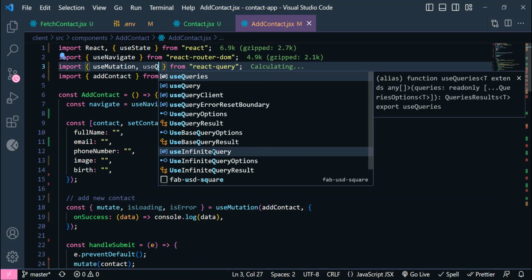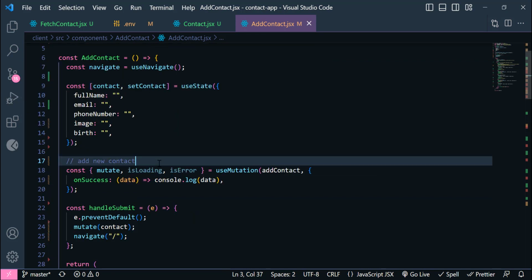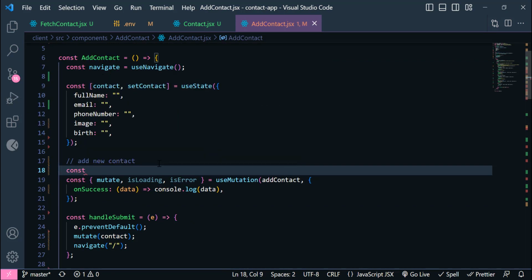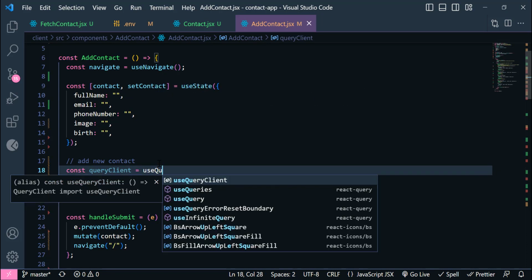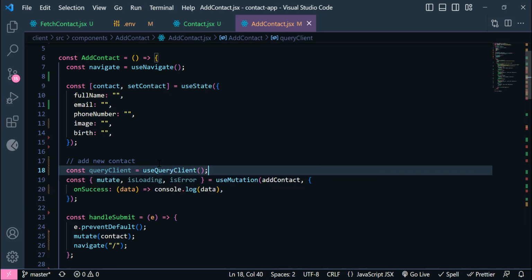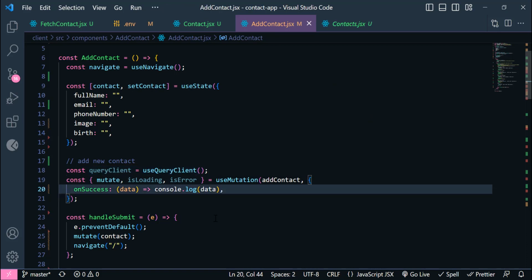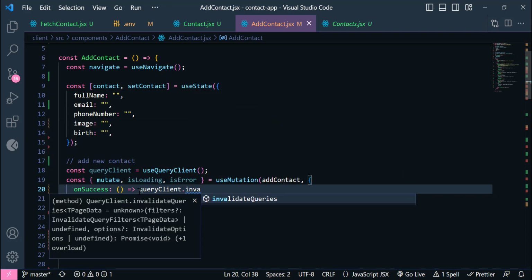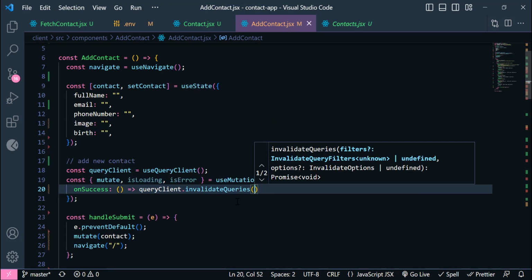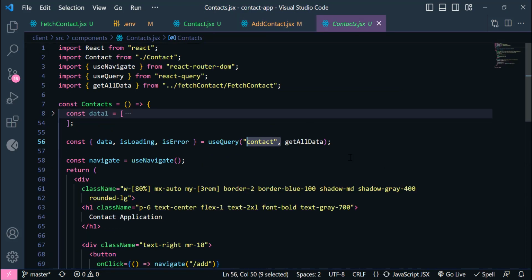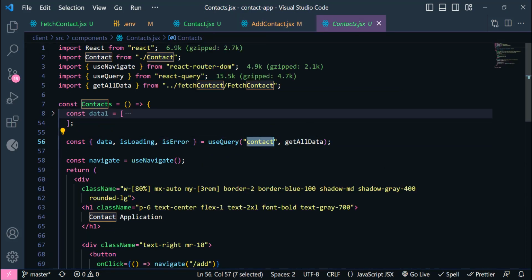It's called useQueryClient, and down here we need to write a new variable for that called queryClient is equal to useQueryClient. Okay, and in here you need to delete this data and change this console log to be queryClient.invalidateQueries, and inside these parentheses you need to copy this key from useQuery. Okay,